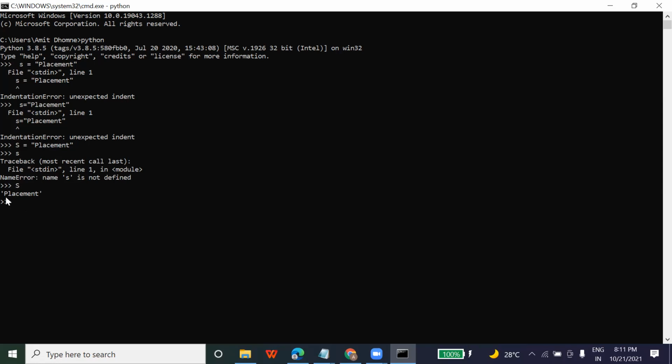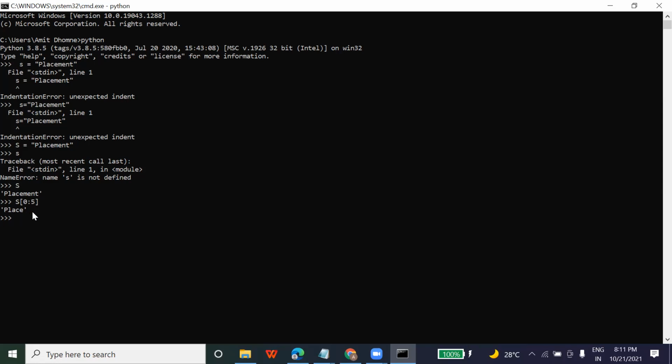Now if I want to see the first four characters, how will I write that? 0 colon, and I told you that it should take n minus 1. So 0, 1, 2, 3, 4 places, right? So I will take 5 here, in order to print 0 to 4, n minus 1. You can see it is printing 0, 1, 2, 3, 4, right? Do you remember yesterday?